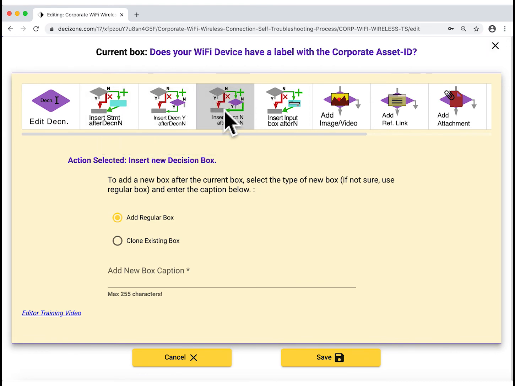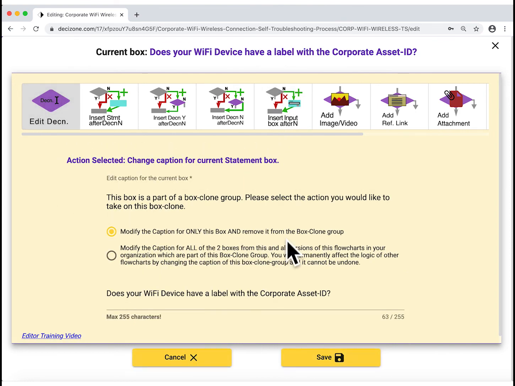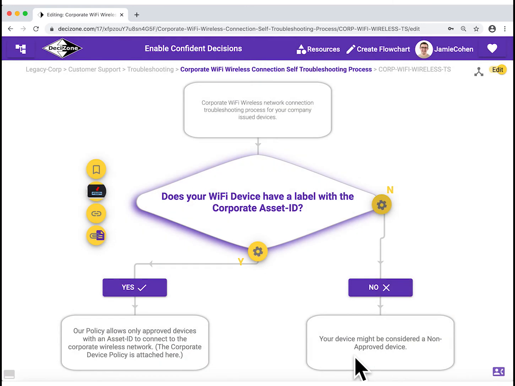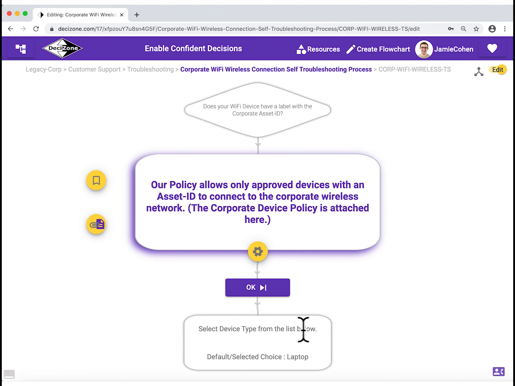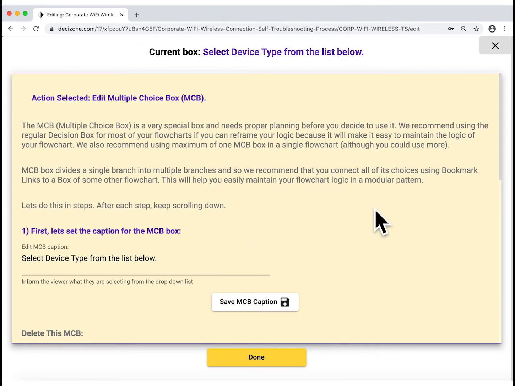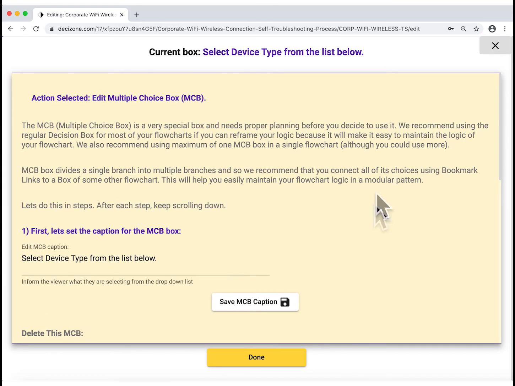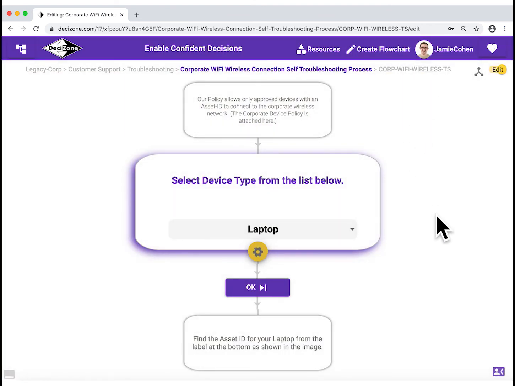Third, the editing menu tools available inside the editor panel are contextual based on the box type of the current box, as well as the position of that box inside the flowchart. This is also one of the ways Decision Platform provides some guardrails and encourages best practices. And finally, fourth, wherever it makes sense, a brief description as well as best practices are presented just when you are about to use a specific tool. So make sure you read the instructions carefully.